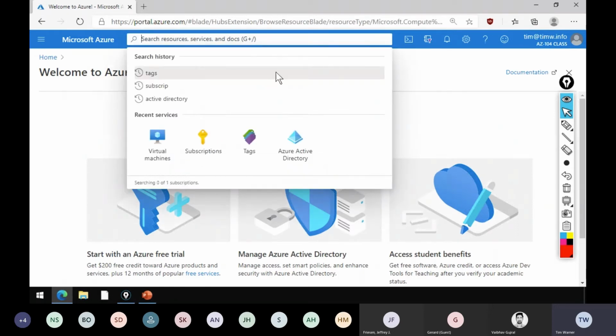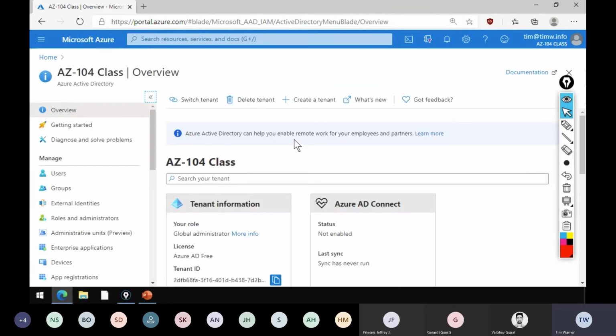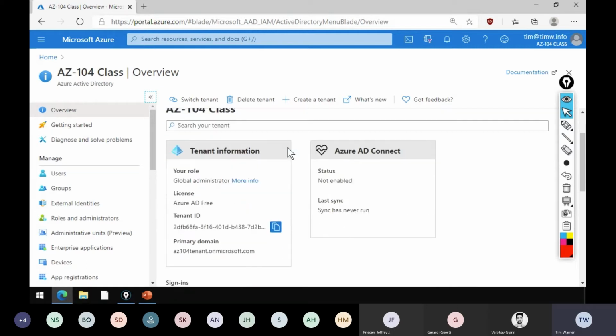Now that doesn't mean you're totally stuck until you attach a subscription. We can still do work within the tenant. Recall that Azure Active Directory runs at the free tier by default. Here it is, Azure AD Free, which has some generous features. You can do hybrid identity with it. You can register, I believe, up to 10 applications. It's pretty fair, but just like any other service in Azure, if you're really going to start relying on it, you're going to want to go to a standard or perhaps premium tier. And with Azure AD, it's typically premium P1 or premium P2, depending on what you want to do.